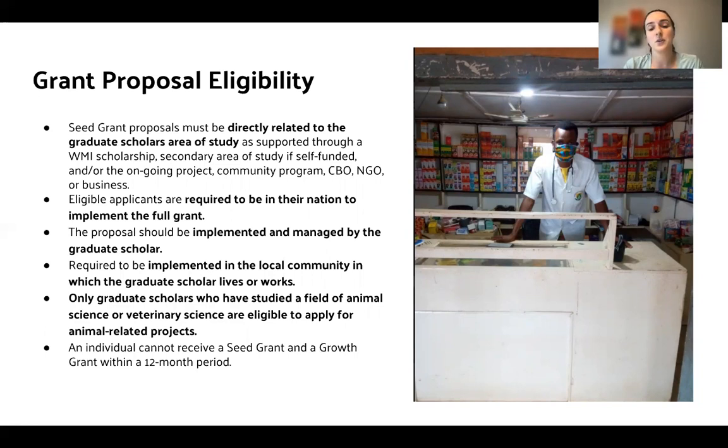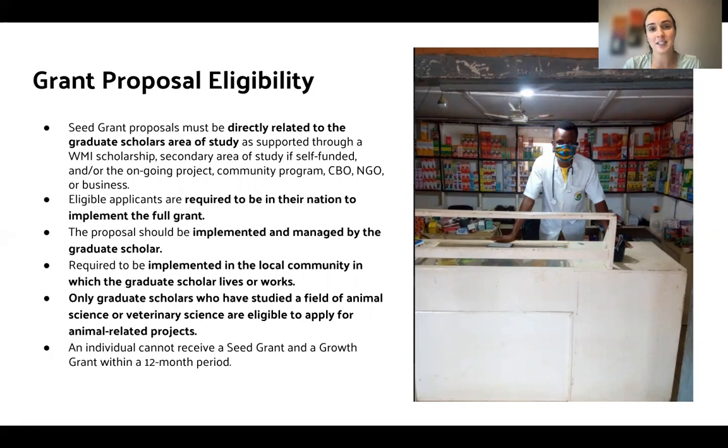And it could also be directly related to your profession if you've changed focuses. So these two elements are good to keep in mind when considering what your grant proposal will be focused on. You are required to be in your nation to implement your full grant.